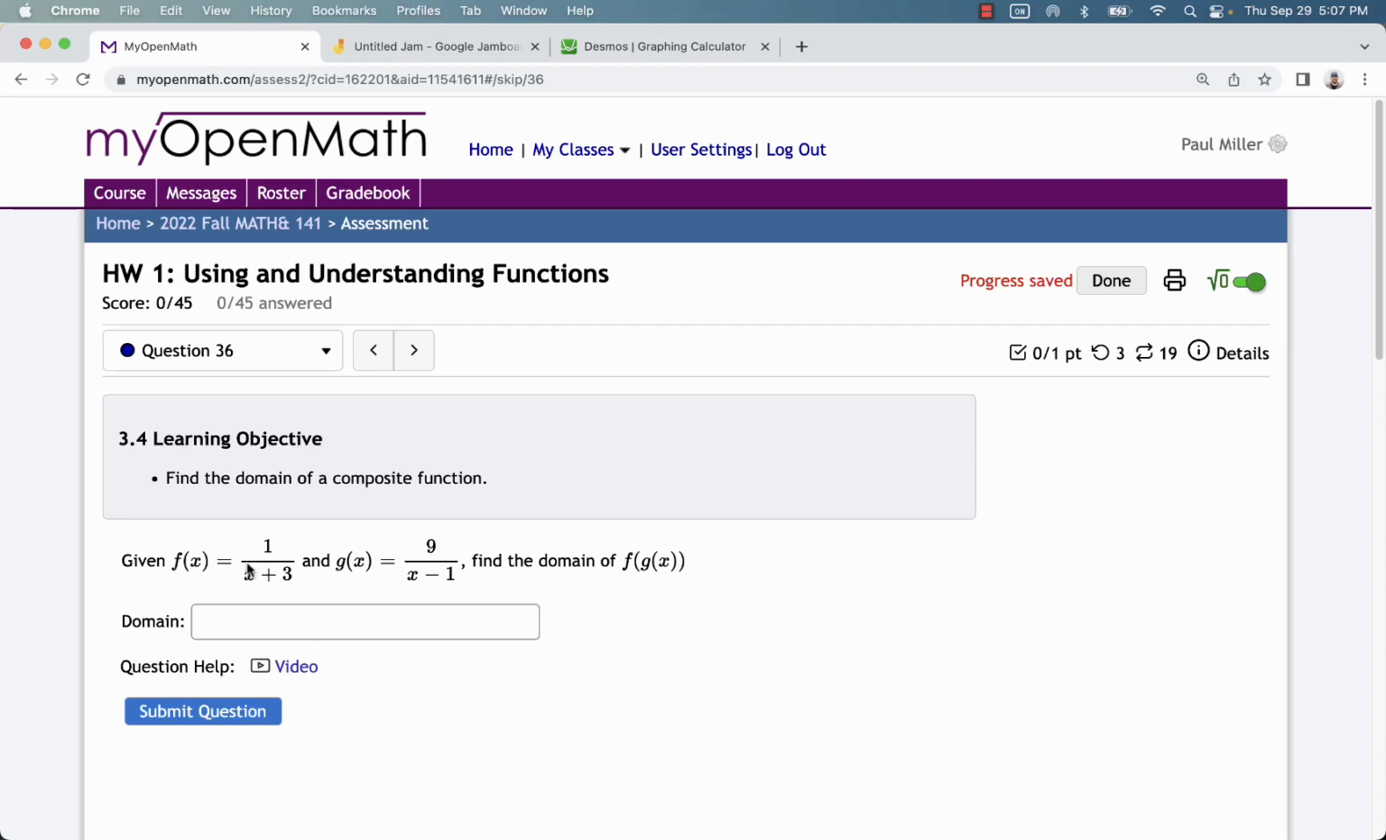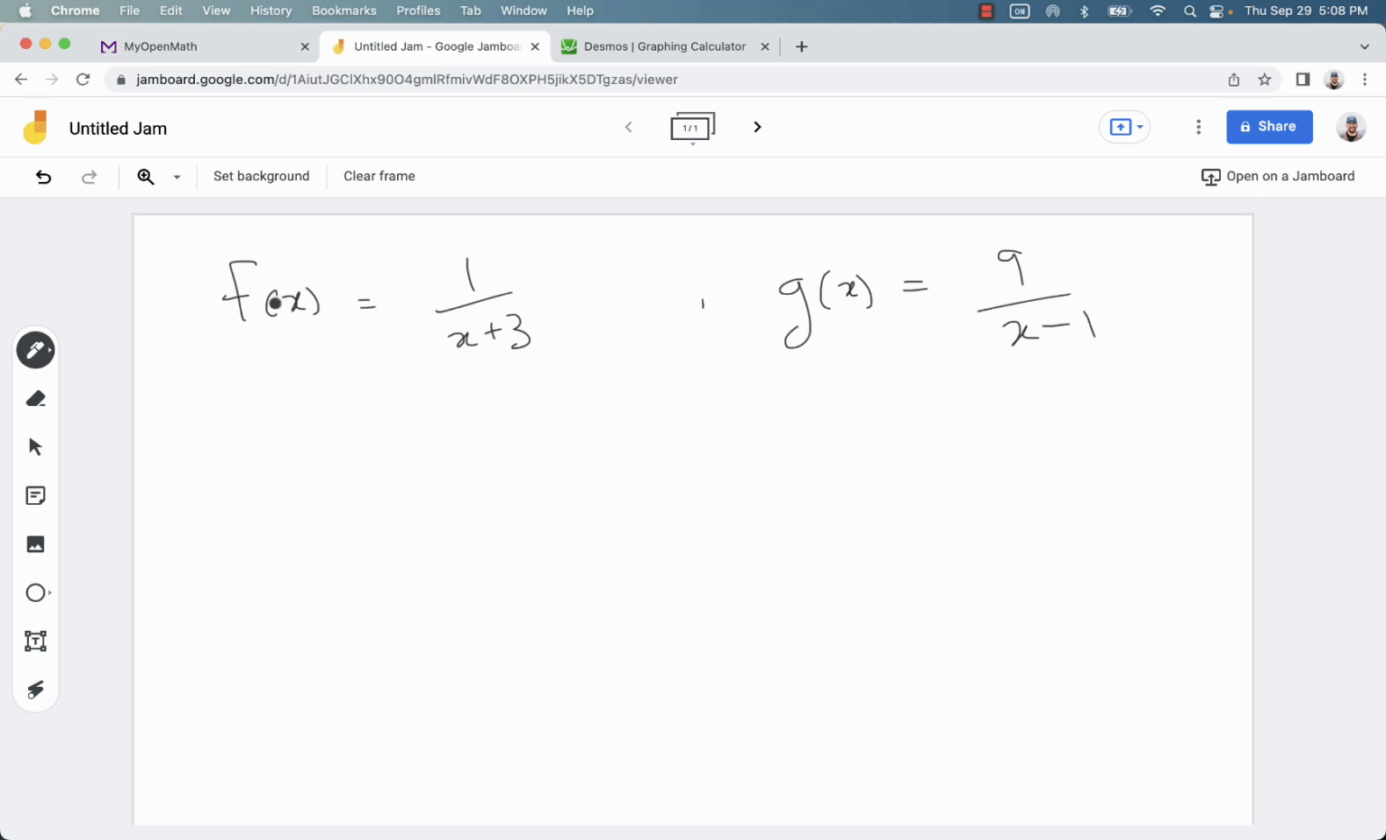In this problem, you have two rational functions, and you're trying to find the domain of the composition. In this problem, it's f of g of x. So what we would have is g being inputted into f, or the output of g of x being inputted into f of x. So to find the domain,